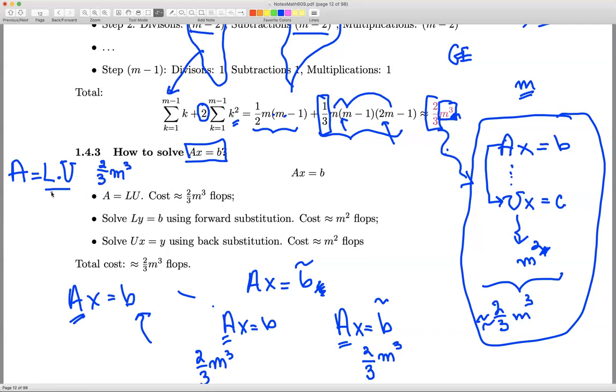This computation will be done only once, and this cost will occur only once. Now, if we have the system AX is equal to B, then this system can be rewritten in the terms L times U